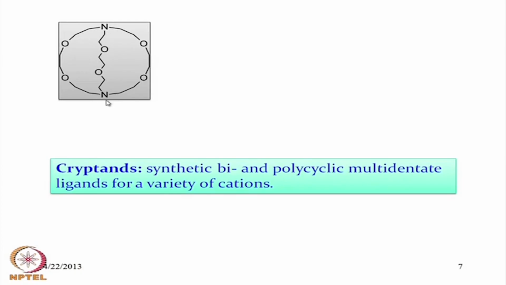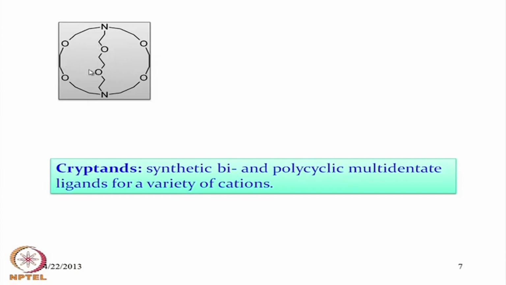Similarly, the lone pair is also available from this point to the other side of the ring. So, these two nitrogens will not be utilized for coordination to the metal center. Instead, we are providing in a different way 6 donor atoms like 6 oxygen atoms to the metal center in a bicyclic structure. So, these are all cryptand molecules, and they basically encapsulate, they trap the metal ion very nicely